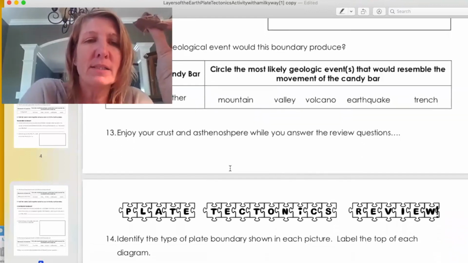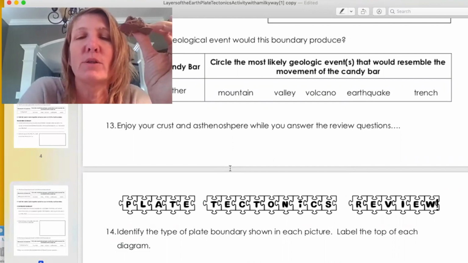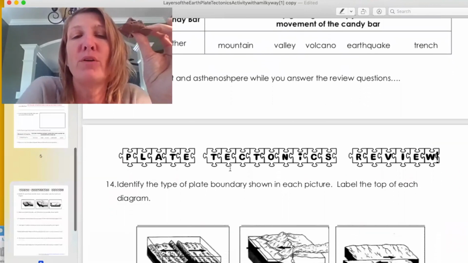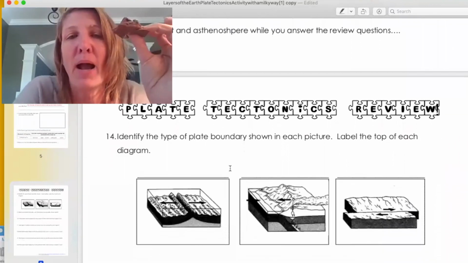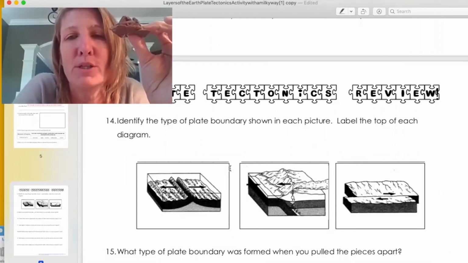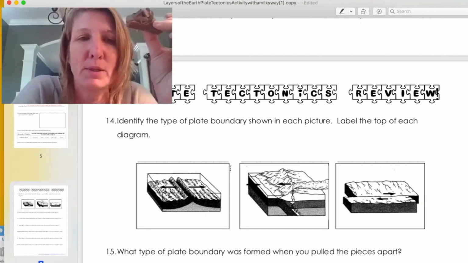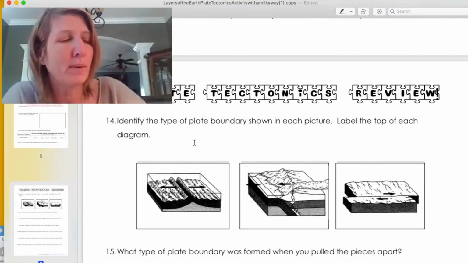All right, on step 13, it says you can enjoy your crust and asthenosphere while you answer the questions below. If you want to wait and eat them after, you can. If you want to eat them during, you can. Please get permission before eating your candy bar. I know we do have some allergies out there, and of course, I want your parents to give you permission. I'm going to go ahead and put my chocolate bar down on